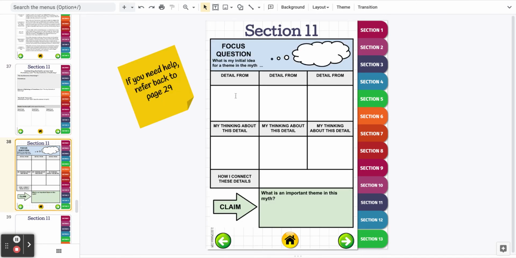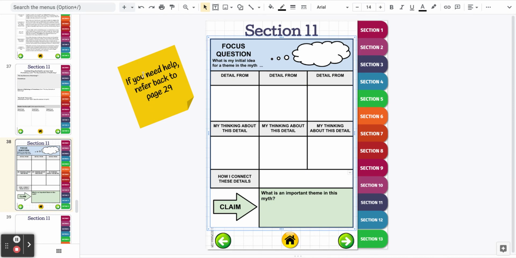What I would suggest doing is direct quotes from Prometheus. And then down below here, you're going to be adding your thinking about this detail. So how is that connected to the theme? And then down here is how am I going to connect these details together to help support my theme? And then at the bottom here, you're going to state your claim: what is my theme?